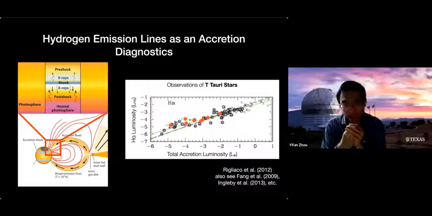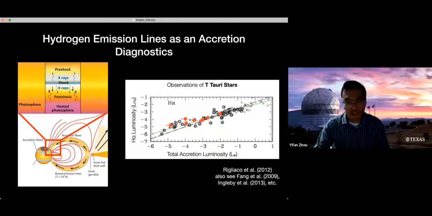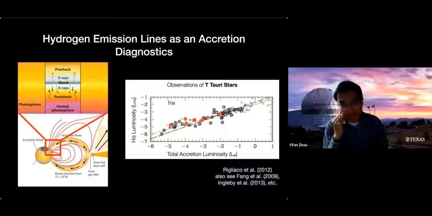However, we can see that most of the accretion luminosity is not coming from the same region. So to have a complete theoretical explanation and to reproduce this correlation theoretically is actually not straightforward, and I don't think we have a very satisfying solution yet. Because of that, it's not clear to us how far we can extend this relation outside of this